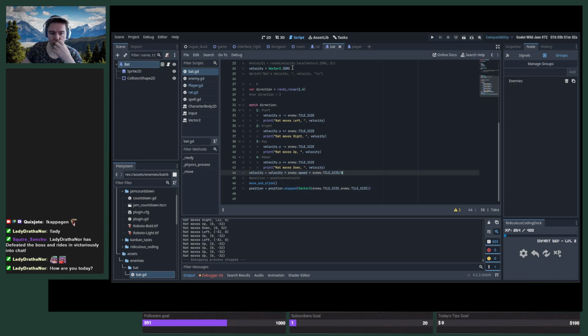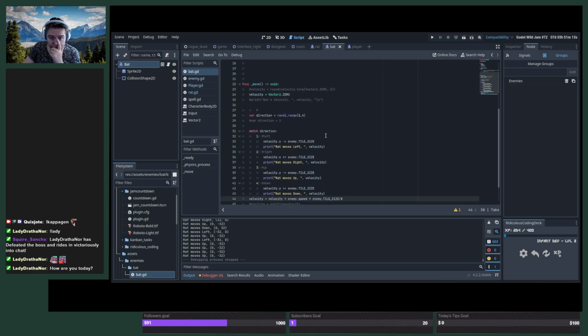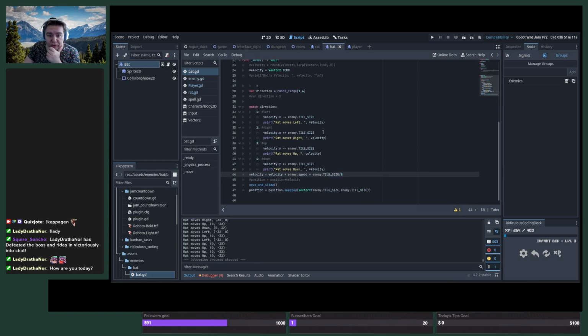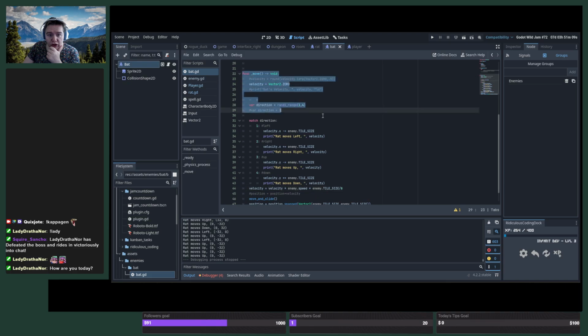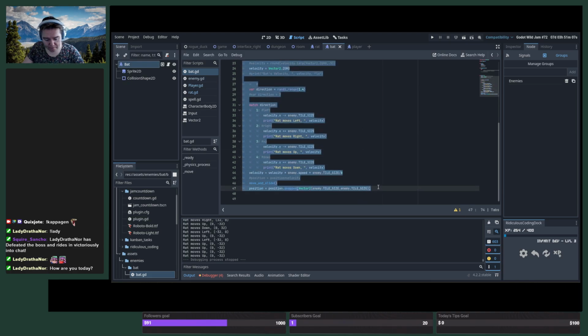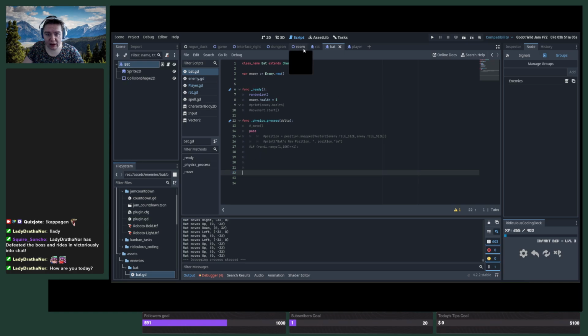So we need a way to check if the direction could probably go into enemy itself. Or move can probably go in enemy itself, because we're using it for both of them now, and then we only have to edit it in one spot. All right, cut that. We're going to go to